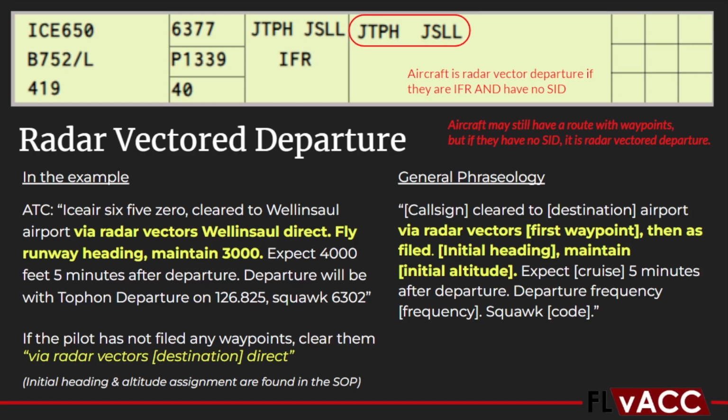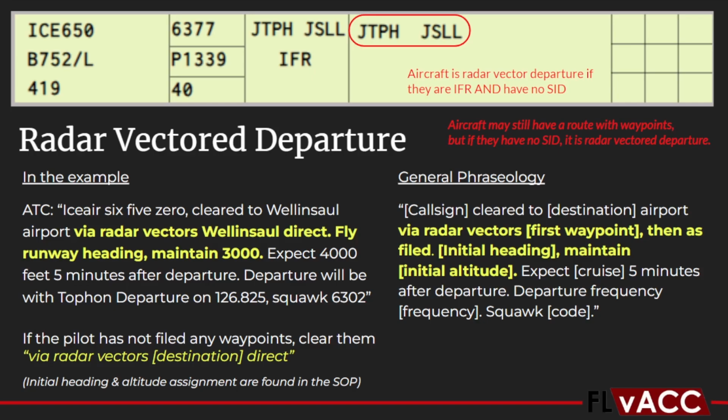Instead, they will be vectored by departure control to their first waypoint, or if they've filed no waypoints, then all the way to their destination. The phraseology for this part would either be via radar vectors, whatever the first waypoint is, then as filed, or if they have no waypoints, via radar vectors, destination airport name, direct. If they haven't filed any route, they aren't told then as filed because they will be vectored the entire way